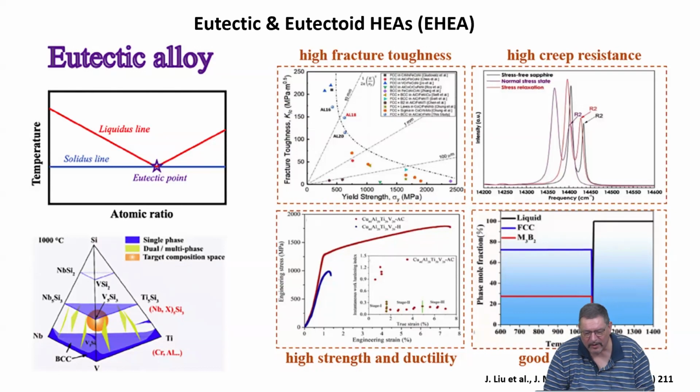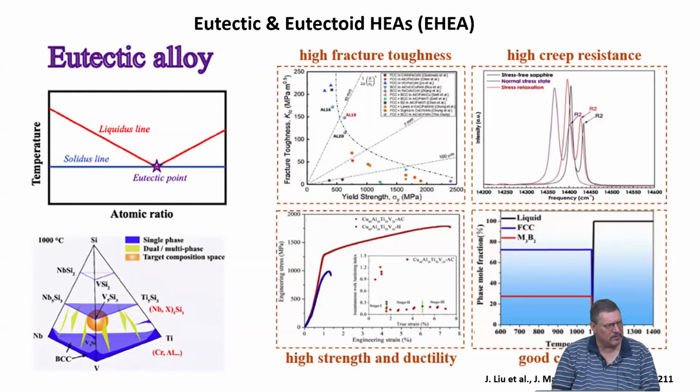And also there you have many beneficial properties, especially in terms of the mechanical properties, so high strength and good ductility, because of many phase boundaries which you are having in the material. So here you would not have a transformation-induced plasticity, but you have a dual phase eutectic microstructure.